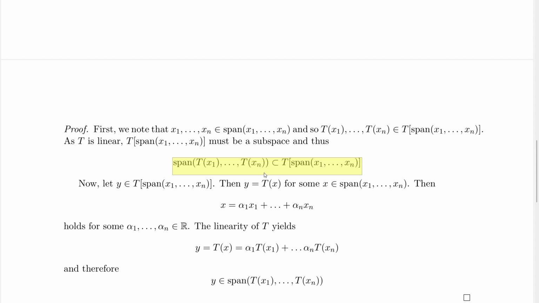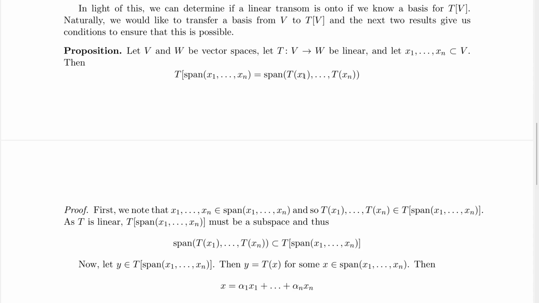Pretty cool. Pretty neato. And then the reverse inclusion was just a direct argument. Pick an element out of here and just follow your nose. Unravel the definitions. Okay, cool. So we now know that spanning sets will map to spanning sets under linear mappings,